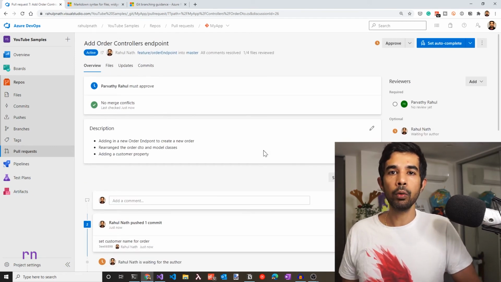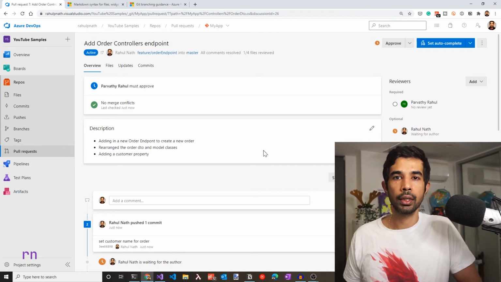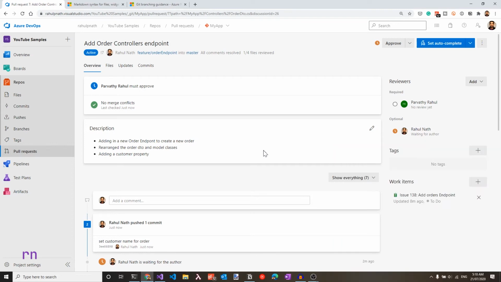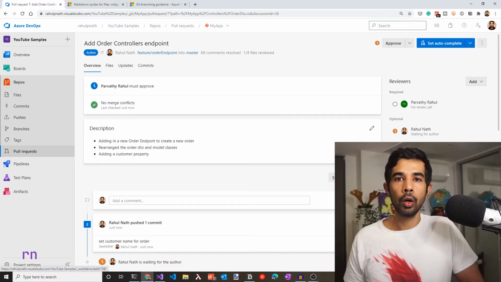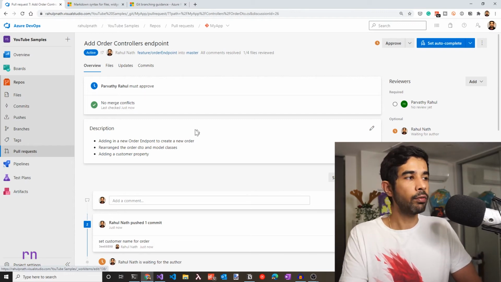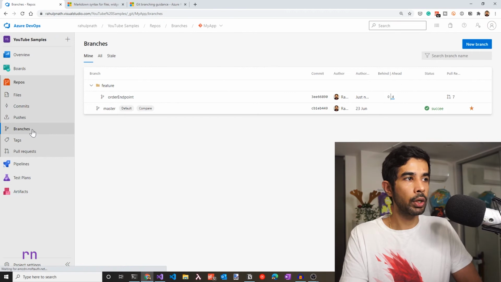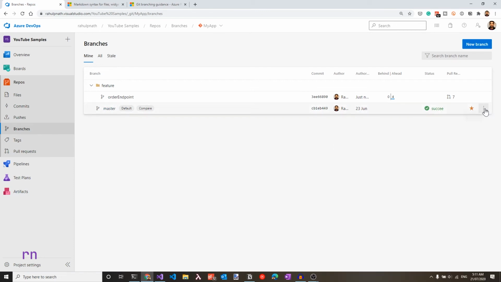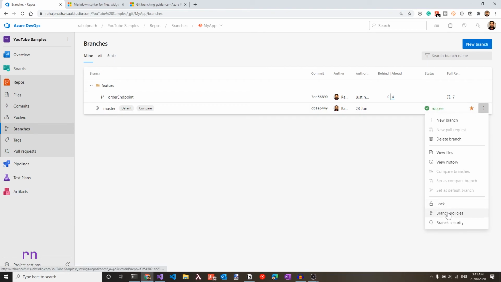As a team, you might want to set some policies for pull request. Like you might want to make sure that there is a work item linked, in this case, which you can see as the work items linked here. Or maybe you want a minimum of 2 people to approve before some changes can go into the master branch. To do that, you have to go to the branches and select branch policies. Since all your changes are going to be merged into your main development branch, which is master in this case, let's go to the master and choose these 3 dots which shows more at the right end of the master branch. Let's click that and choose branch policies.